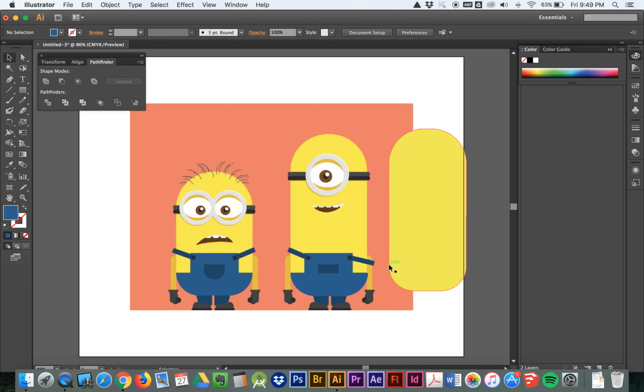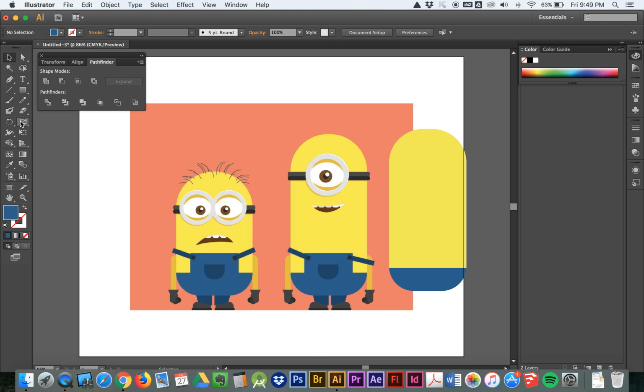And because I used this as my initial point, this curve is exactly the same as this curve, which means I can actually drag this and it's going to snap right into place on his pants. Because I used this as the initial starting point, and then I overlapped that rectangle over it. Now I need this rectangle here, because I'm going to just basically place it over like